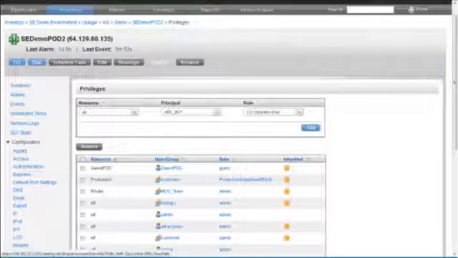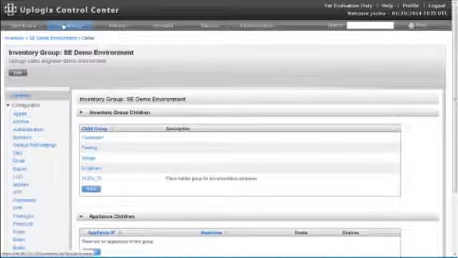Following this breadcrumb back, that privilege could be assigned at this highest level. Maybe it's at the SE demo environment. If I click on that link and look at the privileges,